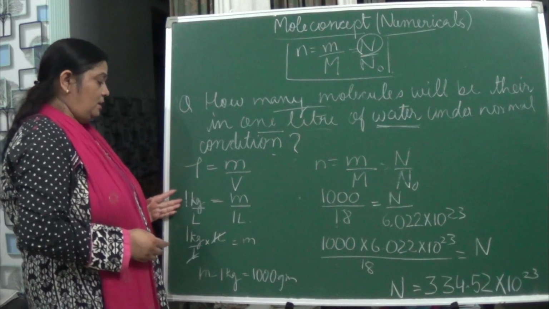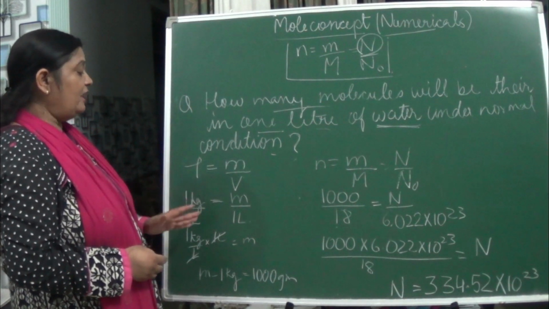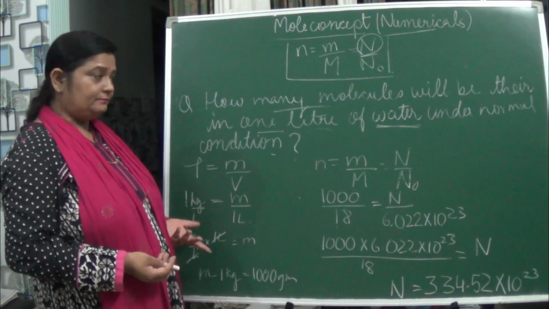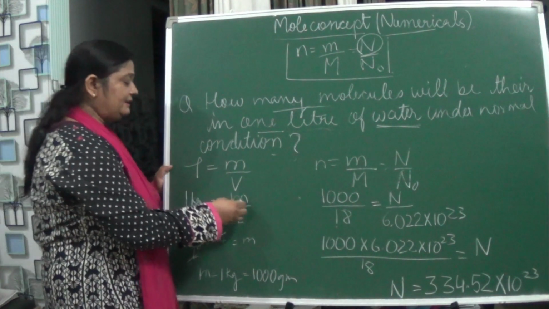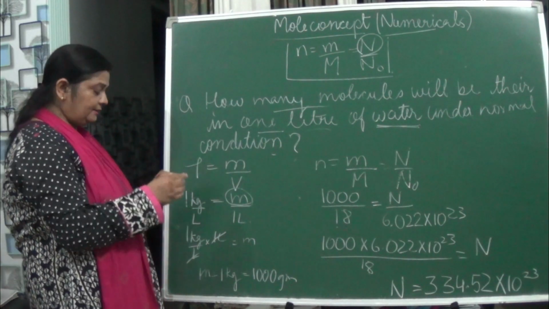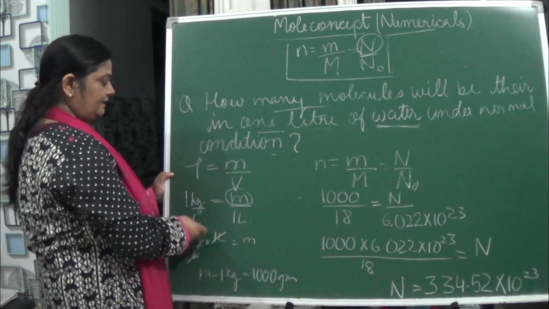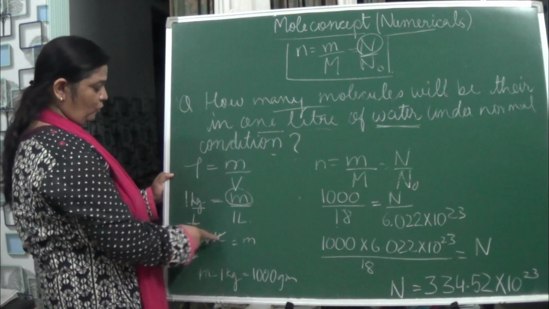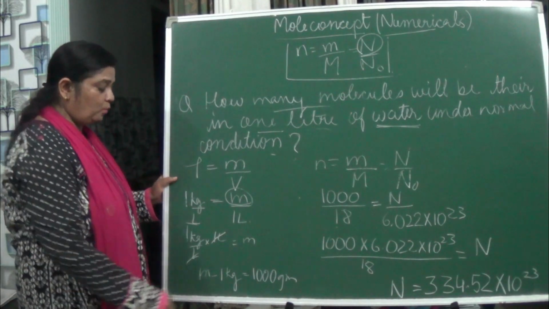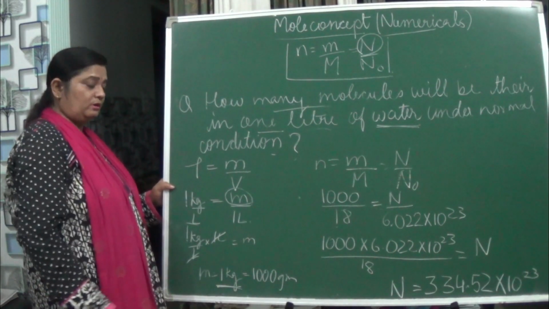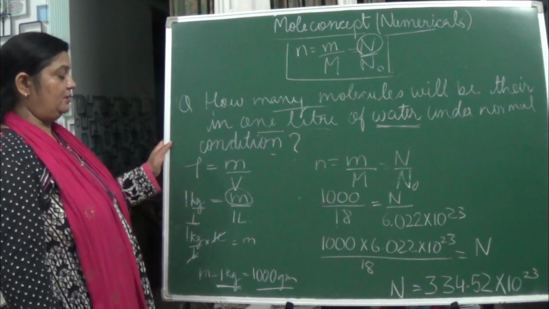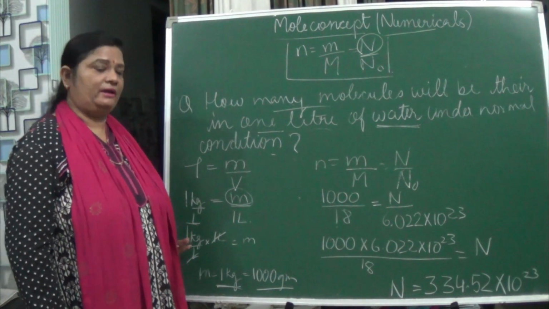So here, when we are talking about volume, we will write 1 liter given, and given mass we can take out. How do we take it out? Liter will be cancelled, and naturally 1 kg will be left. And when we say 1 kg, convert it into grams. How much does it become? 1000 grams. Now we will continue the numerical.